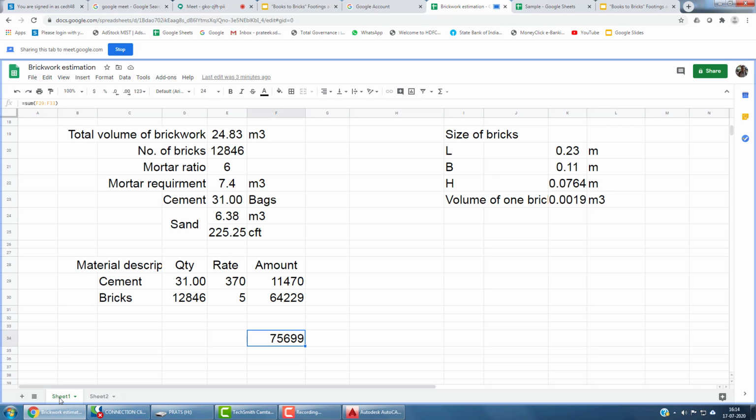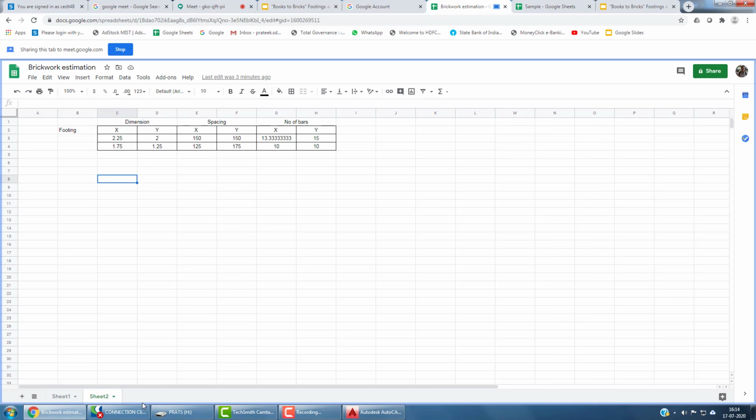Okay, this was our Excel sheet. What I have done is I have hit the add sheet button here. At the bottom left side you can see add sheet, I have hit it and added a new sheet. That is my sheet 2. I have just done your sample calculations. What you are doing, I am checking in this sheet which I prepared now. So let us do this once again.